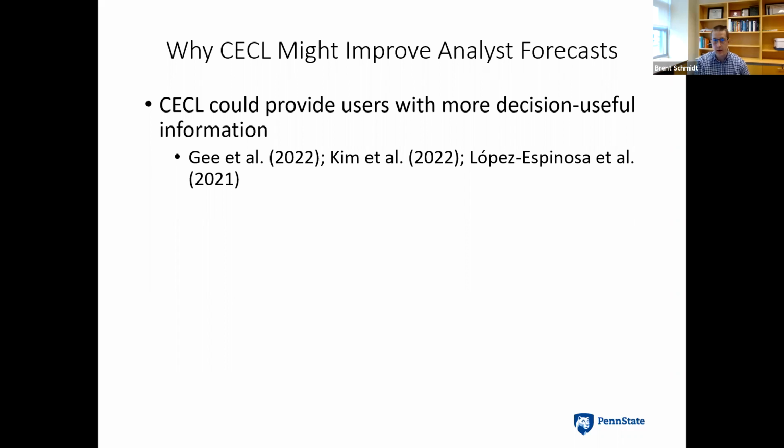But the Guidal paper, as an example, is full disclosure something that I'm also working on with my co-author Bi Chin. In that paper, we are looking at whether this information is decision useful for investors and to what extent that information is new to investors. It's not that we don't also look at how it maps into future loan losses, but it's more about whether this information is decision useful for investors. So it's a little bit different framework from that perspective.